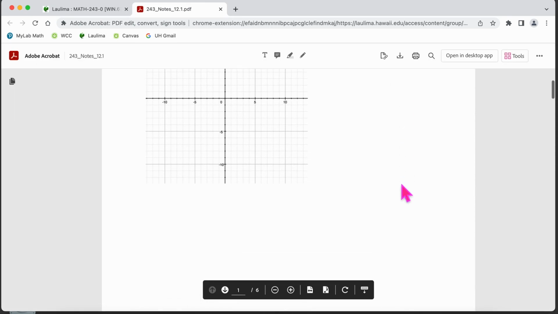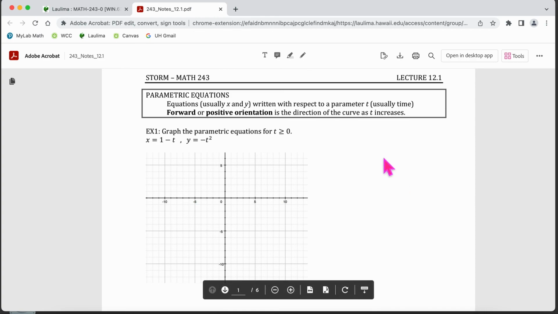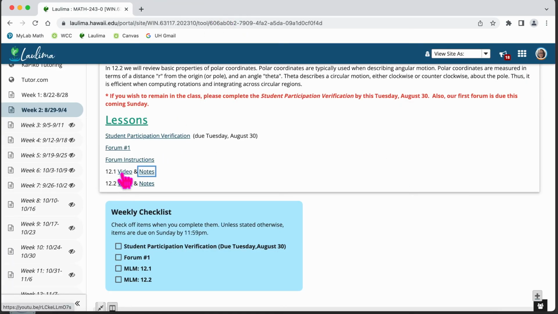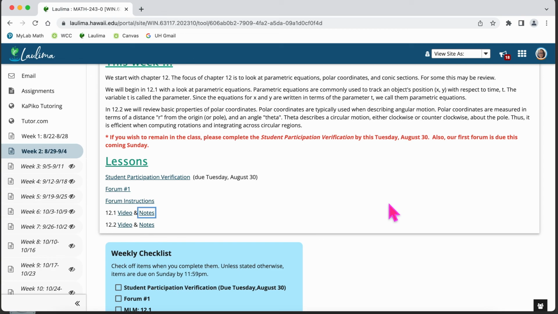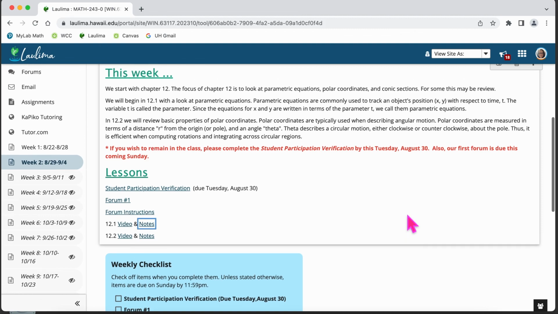However, my notes are just PDF notes, and what I do is I just record myself filling them out. So that's what the video would be. I'm not going to click on it. It'll take you to my YouTube channel. I don't post my videos in Laulima because they're kind of large and they take up a lot of space visually on the page. I'm a linear person. I like things concise. Anyway, these are optional resources. Again, you don't have to do the notes and the video, but if you would like to use them, you can print the notes or you can upload them to a tablet and you can follow along with the video lecture.